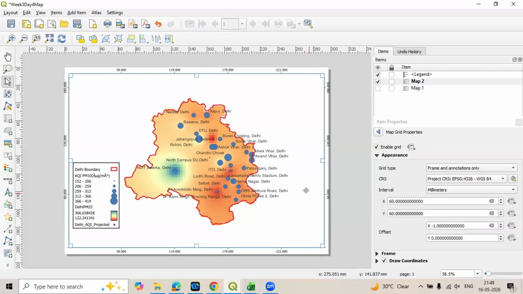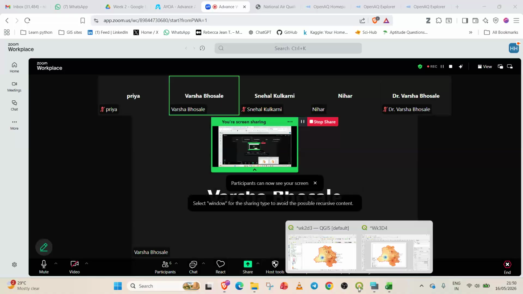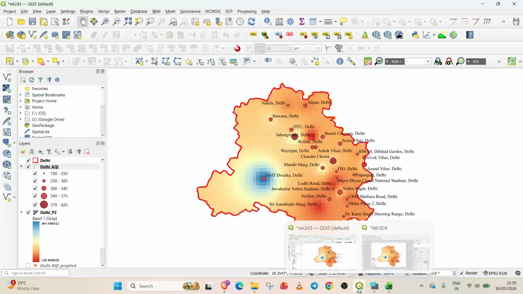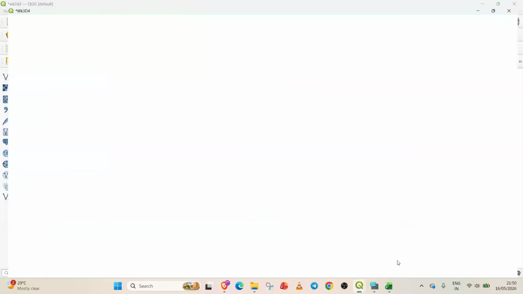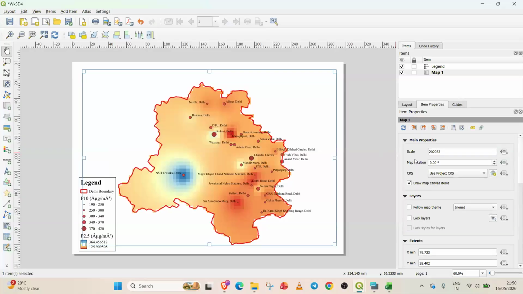Let me share my screen. Okay, so that is how we are basically doing the map. This one, the grid and the legends are done. Okay, so in the maps,